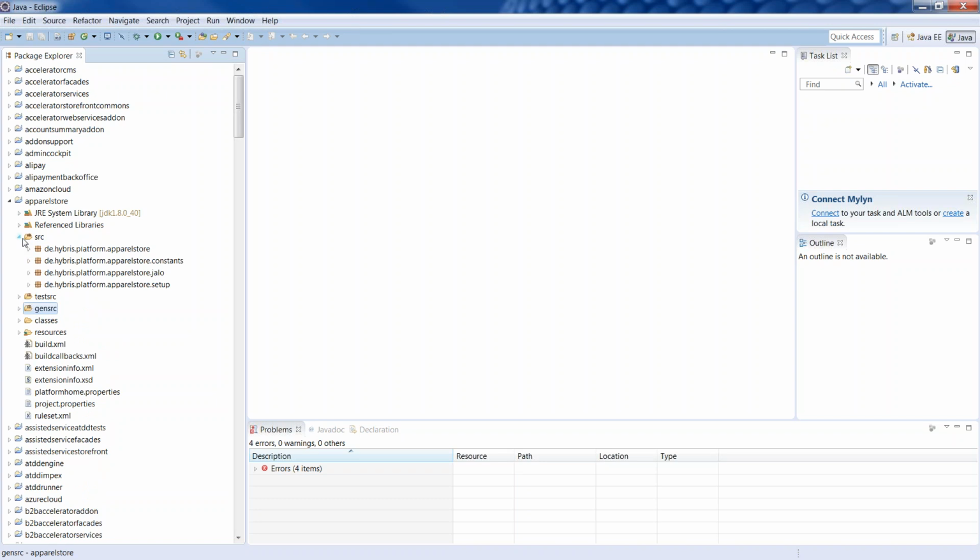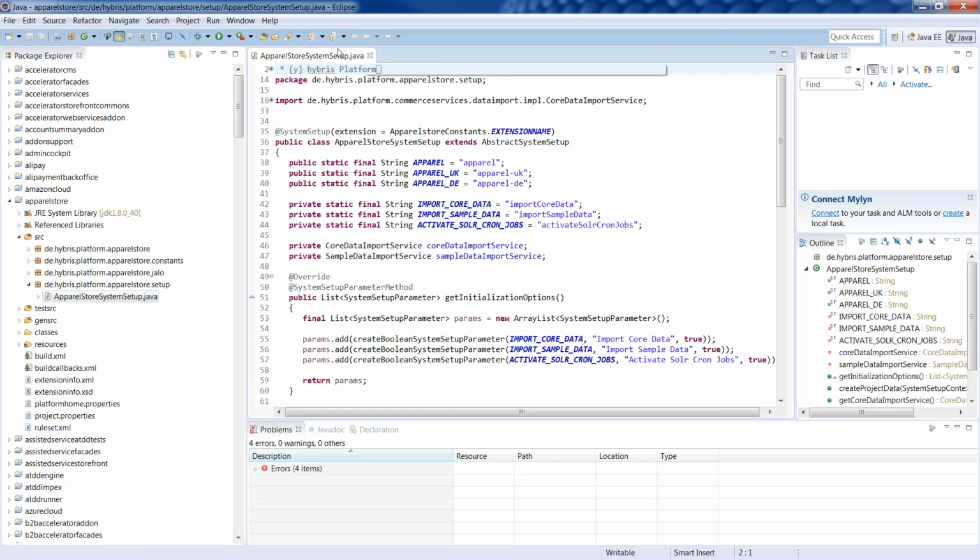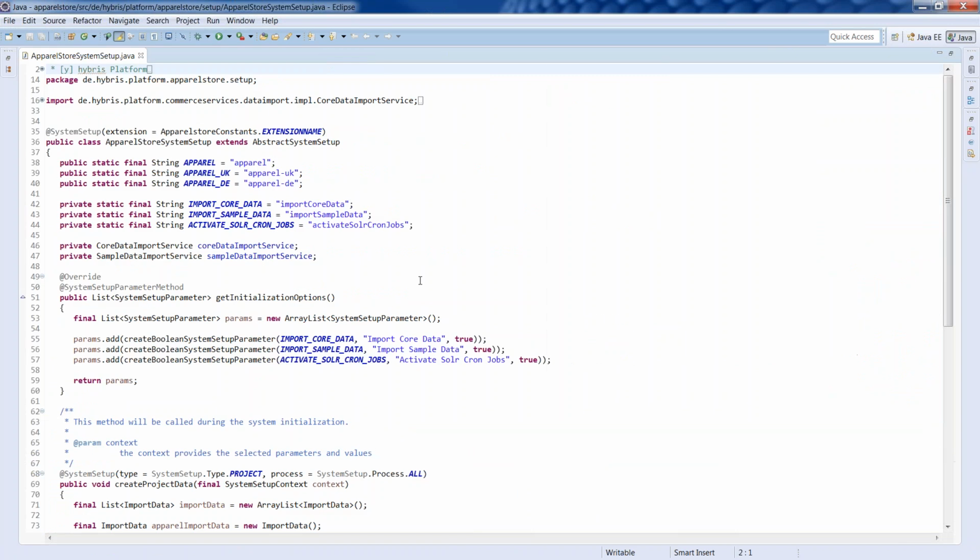You see something called setup here, the last package. I have an apparel store extension. If you have any store, for that matter, tomorrow, I mean, at the end of these classes, we are going to create our own store. Even there, you have to write your setup file. Just open the setup file, and you can see